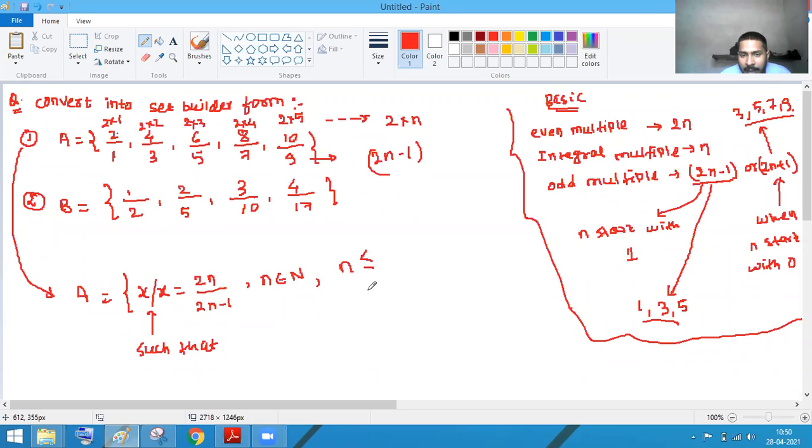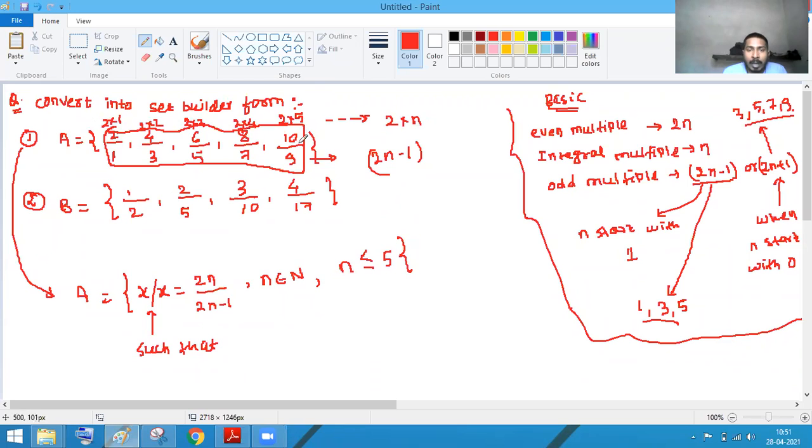yes guys, how much less than or equal to? 5. Because this is not your n. Listen, guys, I'm saying every time, this is not your n. What is this, guys? This is not n. What is it? x. These are the x. This is not n. The permissible value of n is, if you write it on this, the nth term will be 2n.